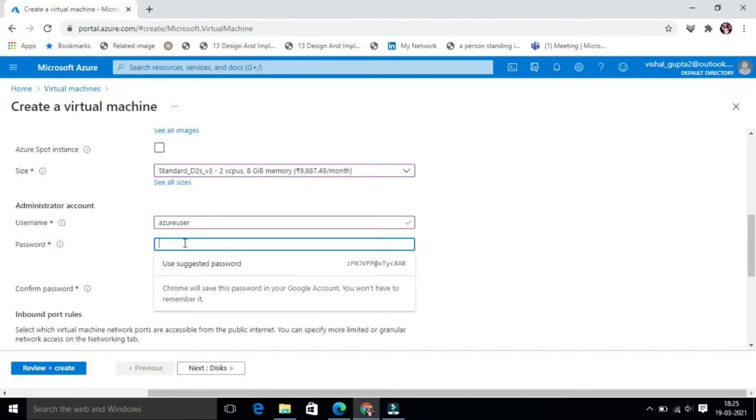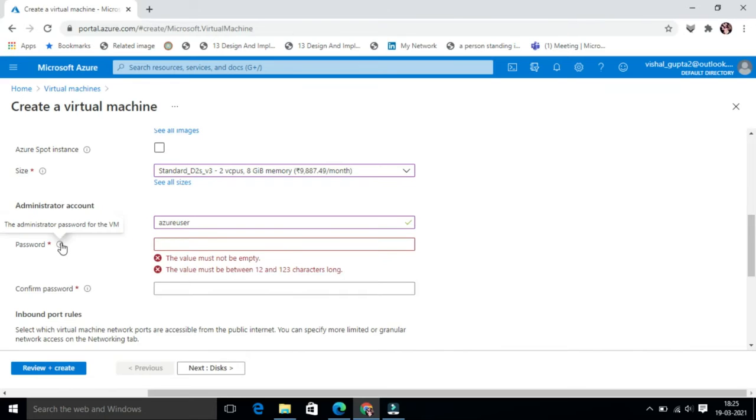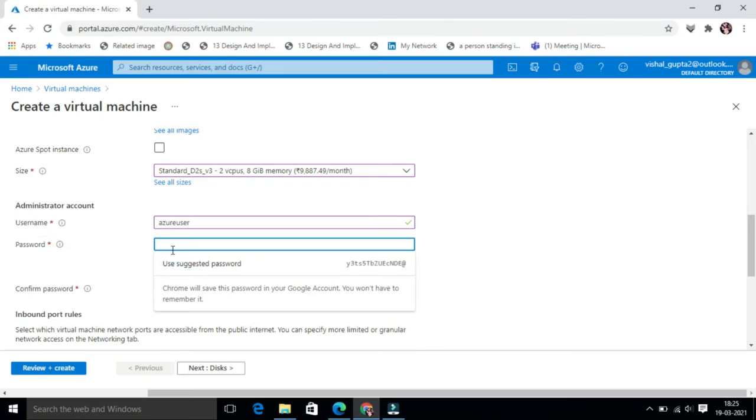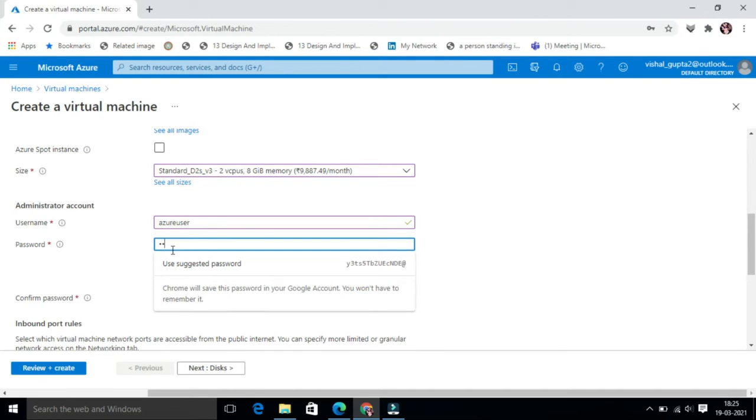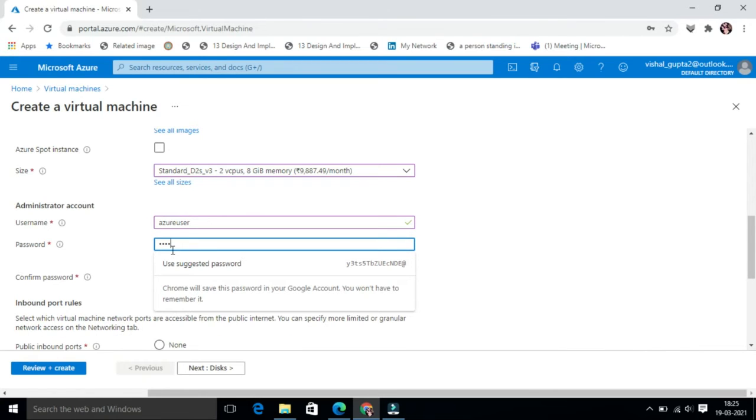In the password I will use the administrator password for the virtual machine. So I am using here a password. You can use any kind of password here, but you must remember that password, because when you open the virtual machine you have to write this password.